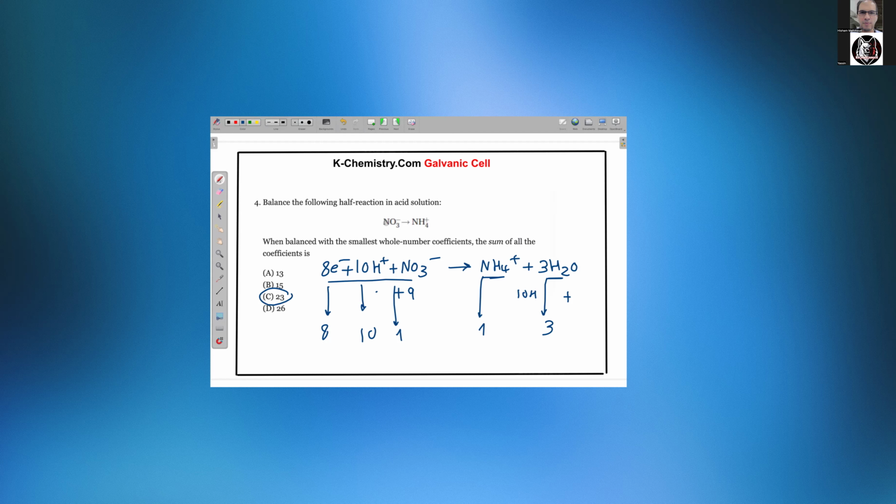Okay, so again, we balance oxygen by H2O. We balance hydrogen by H plus. Then we balance the charge by electrons. Very good. So next one is